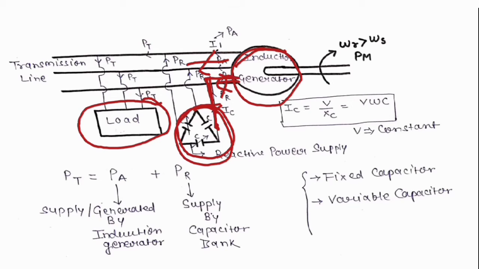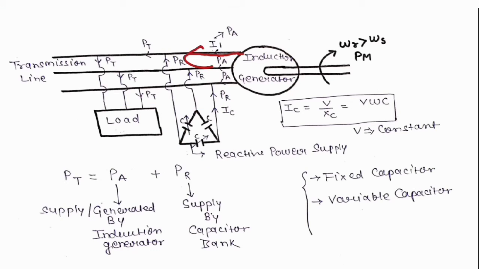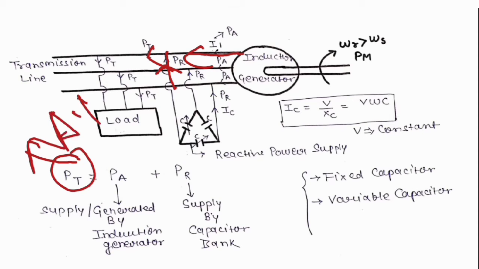Okay, so through this reactive power supply we will get two types of arrangement. The first arrangement is given to the induction generator stator winding to magnetize the stator winding, and the second reactive power is given to the load, through which it fulfills the requirement, because the load wants both active power and reactive power. Okay, so here you see the active power is generated, and through this reactive power is given. So through this way we will get the total power or apparent power.